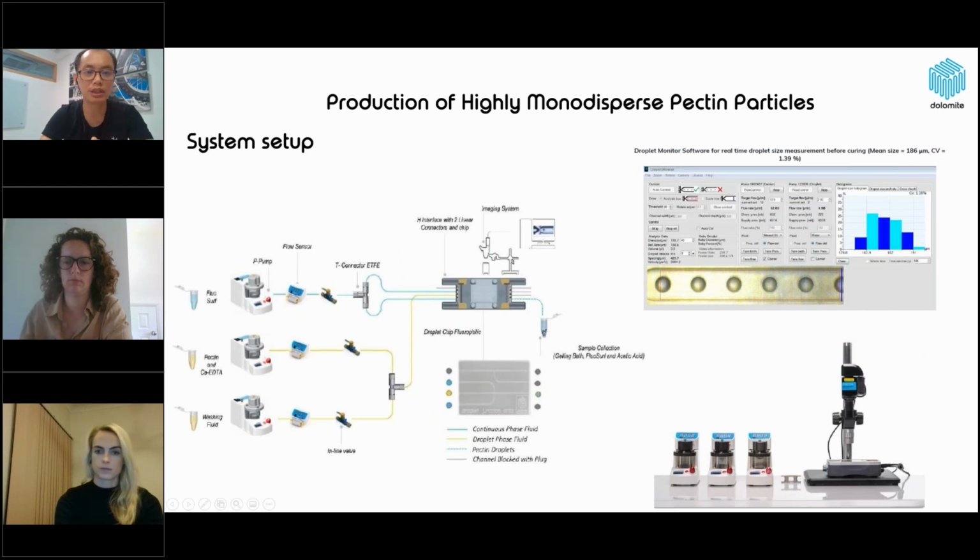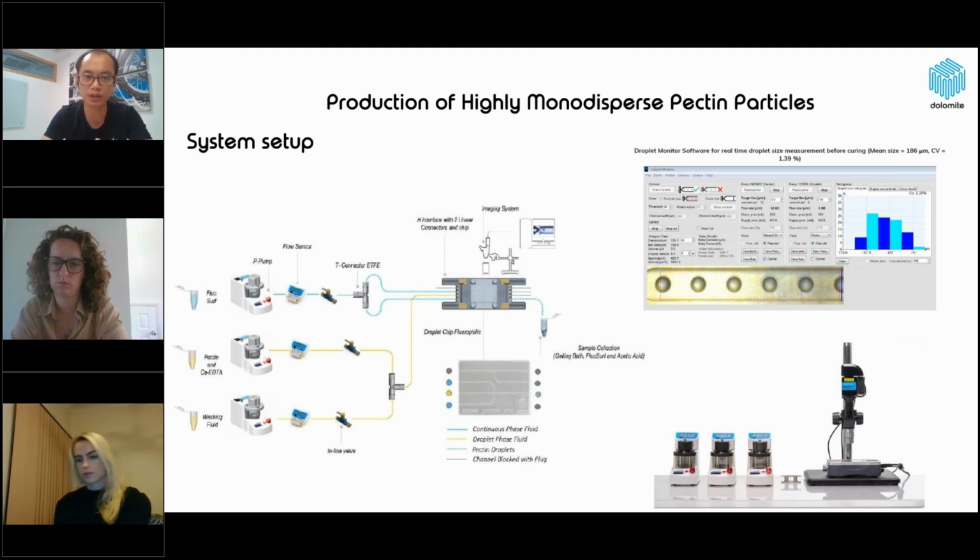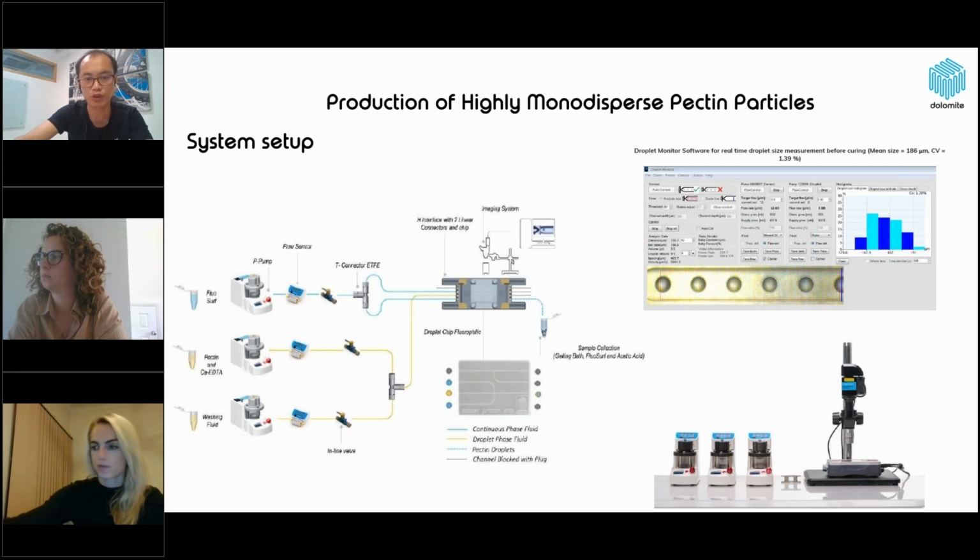So here is the system setup for the packaging particle generation using Microfluidics. We have three pumps in this setup. The first pump is used for fluorosurf as the continuous phase, and the second pump is for delivering the mix of the pectin and calcium EDTA into the droplet phase. And the third pump is used for washing fluids, for flushing or cleaning the system before and after the experiment to make sure that the system is kept in a clean